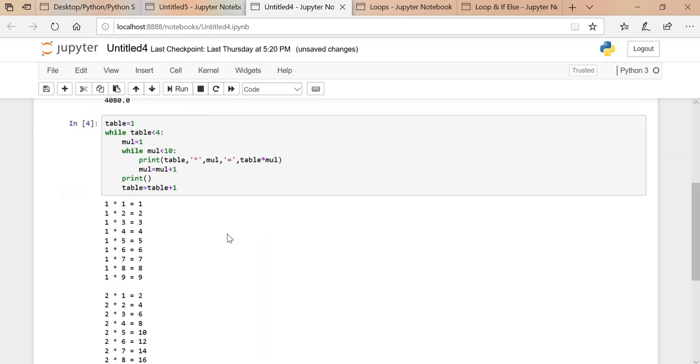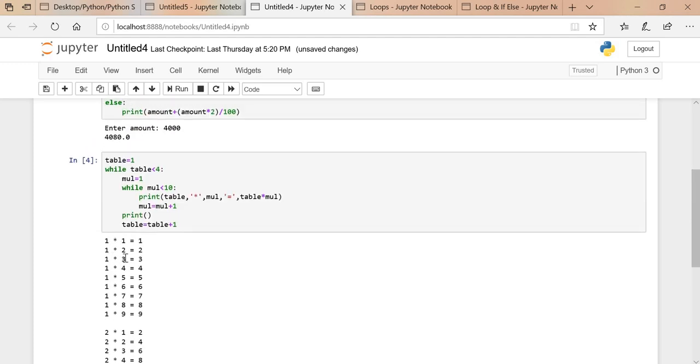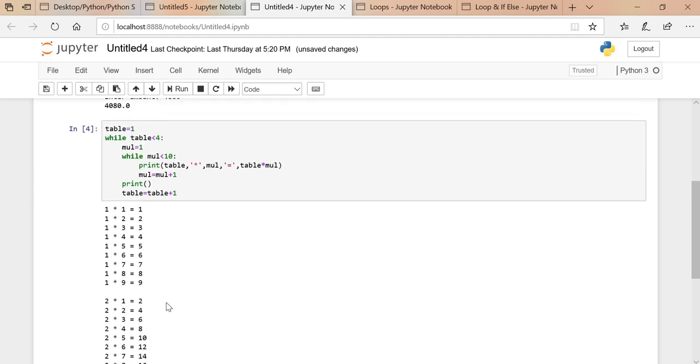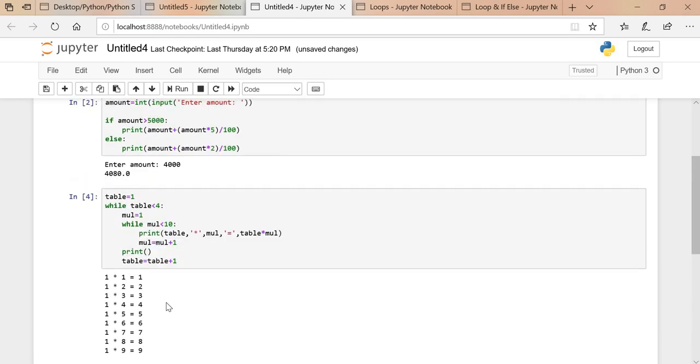See, we got this result. First table, second table, and third table. Okay, 1 into 1 is 1, 1 into 2 is 2, like 2 into 1 is 2, 2 into 2 is 4. Okay, we have created tables till 3.